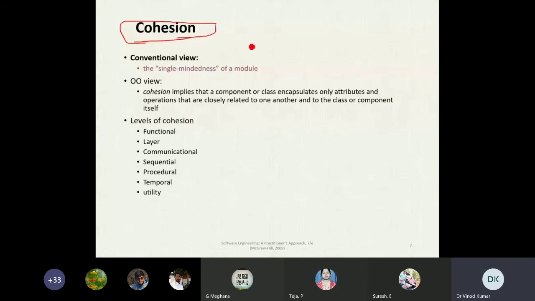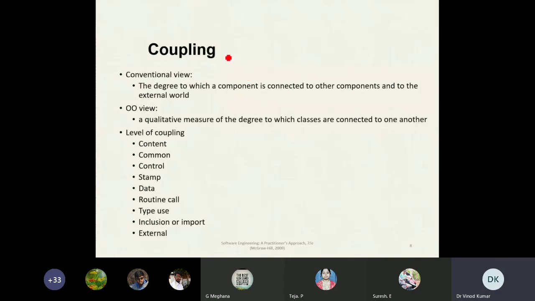In cohesion, we try to increase the interaction within the modules. We try to increase as much interaction as possible within the module, but we avoid interaction between the modules.